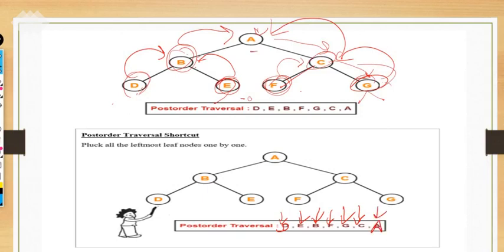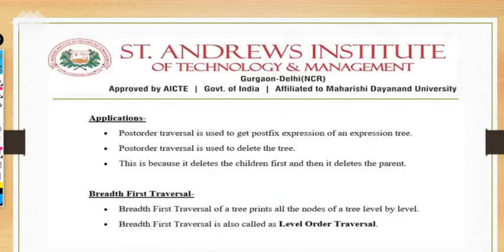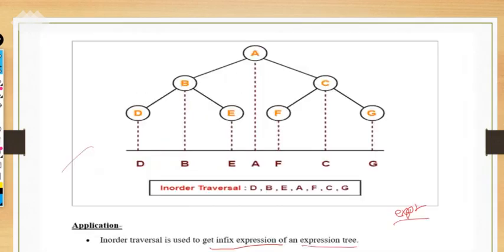So the main trick of these three: in pre-order, the root node is always available as the first element. In post order, you will get the root node as the last element. But in in-order you cannot decide, it is absolutely in the center. So if with the in-order you have the pre-order, then you can find out the post order.